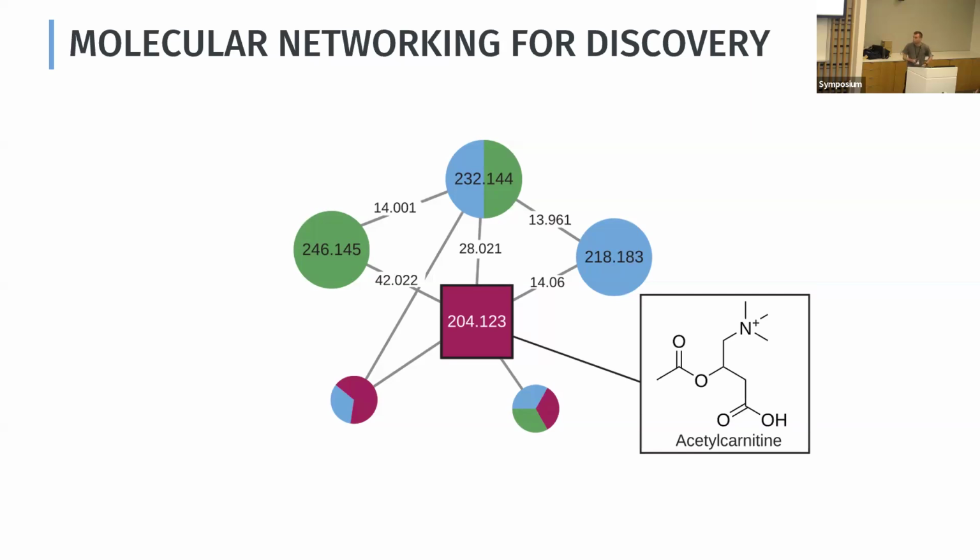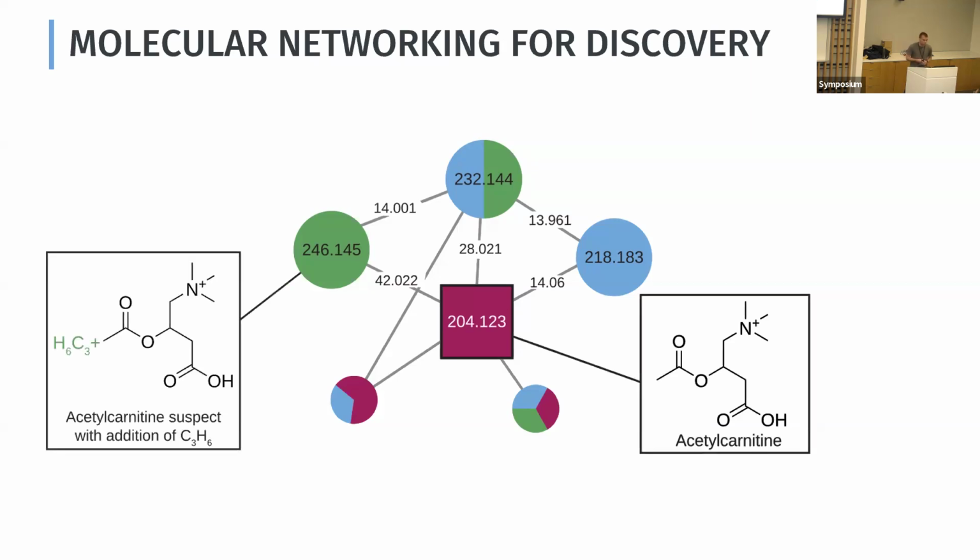And in this case, the spectrum corresponded to acetylcarnitine. For the round nodes, we didn't get a match using spectral library searching. So, you might say we don't know anything about these spectra. However, we do know quite a bit of information about them. We know that they're related to acetylcarnitine because they're connected via an edge in our molecular network. And we know their corresponding precursor mass difference. So you could actually say that, for example, this green node is what we call a suspect related to acetylcarnitine with the addition of 3 carbons and 6 hydrogens, because that matches our delta mass difference of 42